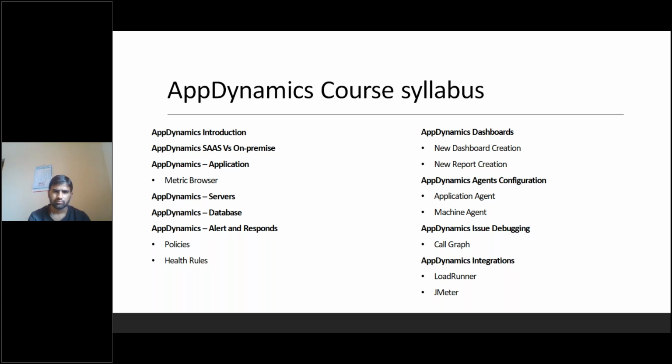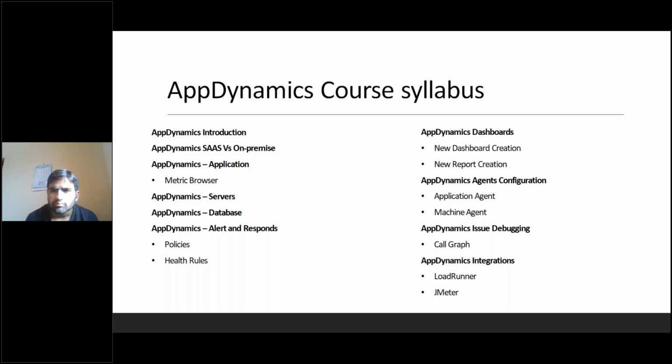And the fourth one is the user experience agent. In the browser, whenever you are loading something, it will say this is the time taken for your HTML content loading, CSS, JS, like that it will give you. That information also we are trying to bring in. So all the way we are trying to learn what is happening on the application level, the infrastructure level, the user experience level, and the database level. Like that we are going to learn the end-to-end perspective.